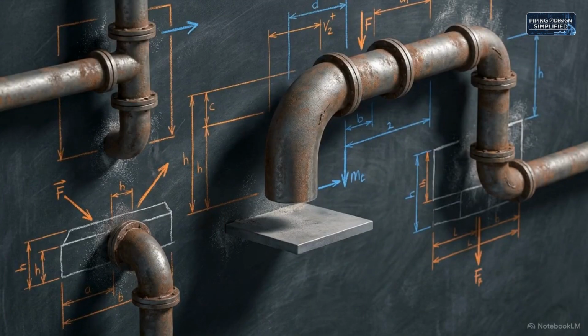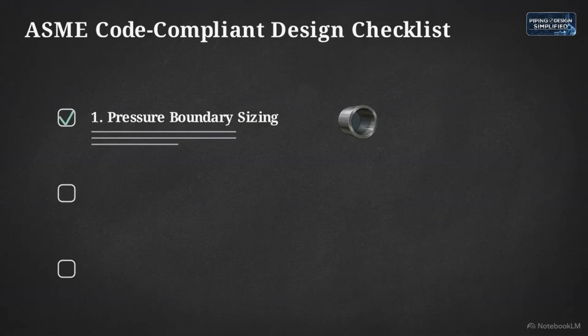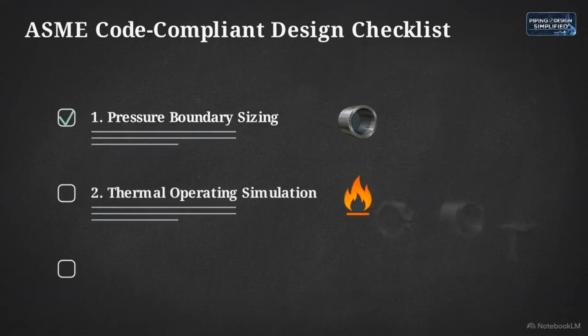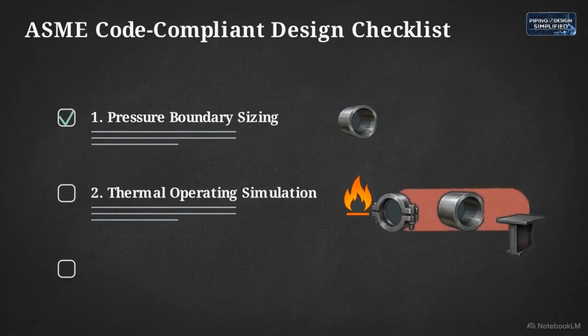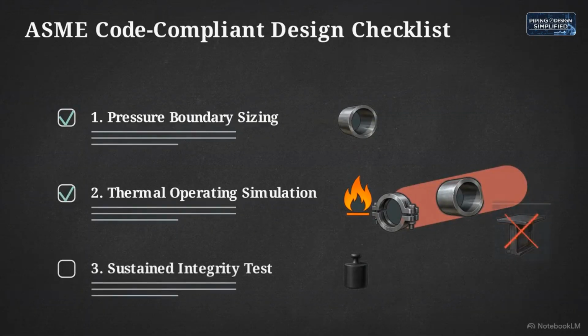We can synthesize this entire engineering workflow into an official 3-step ASME code-compliant design checklist, as shown here. Step 1 establishes the pressure boundaries by sizing the pipe. Step 2 requires you to simulate the high temperatures to find exactly where the pipe naturally moves, specifically looking for thermal liftoff. Finally, Step 3 is the ultimate test of structural integrity. You must rerun the sustained deadweight calculations with those lifted supports marked as inactive, ensuring the remaining anchors can survive